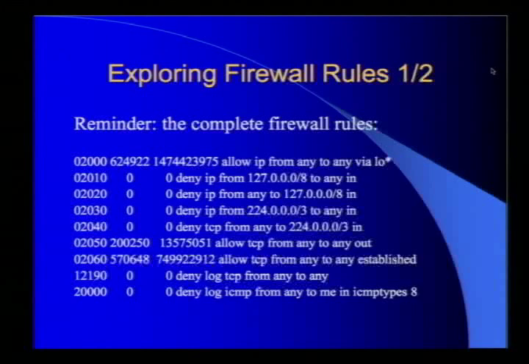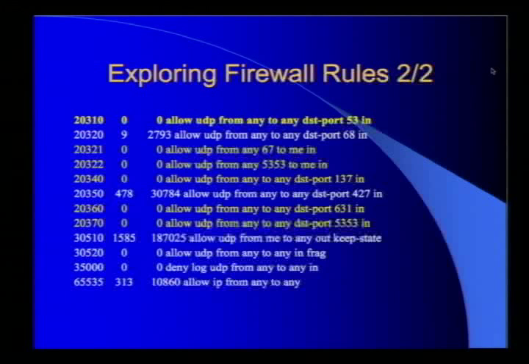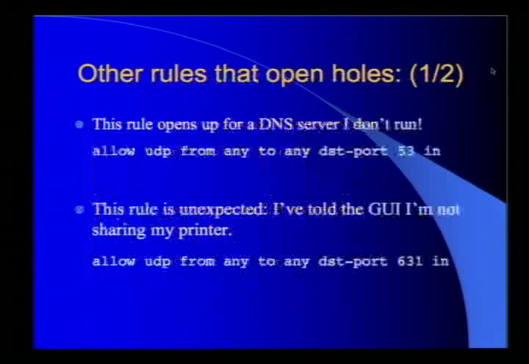I'll show you some other issues outside of the firewall, because this isn't just about the firewall. So here's our rule set. Here are our highlighted rules. Here are my problems. First, I've got a rule that opens up for a DNS server I don't run. If I were to put a DNS server on this box, I'd have a rule allowing packets into it. I don't have one on. It's kind of a useless little rule, but whatever. They've drilled a hole for a server I'm not running, and I'm pretty unlikely to run on my laptop. And they seem to sell a whole lot of laptops. I mean, that seems to be what's everywhere.